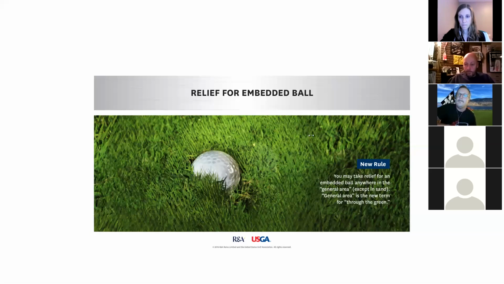Can you take relief from a ball in the bunker? Embedded ball in the bunker. Definitely not. Oh, I wish. Play it as it lies, unfortunately. Last year we had a little bit of an issue with the bunkers. There weren't rakes allowed in there, so if your ball was in a disturbed area, you were allowed to take relief. You didn't have to drop the ball; you were able to place it. Bunkers can be tough.